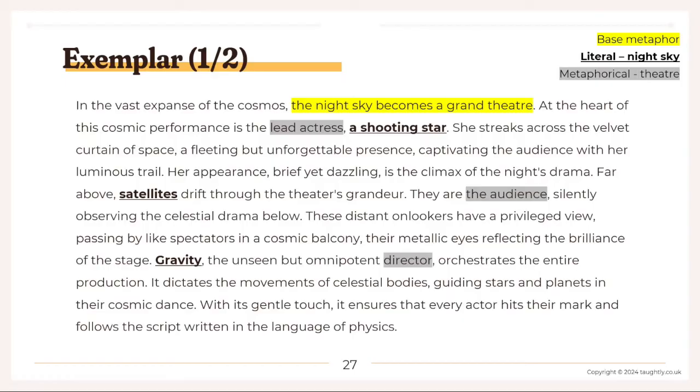These distant onlookers have a privileged view, passing by like spectators in a cosmic balcony, their metallic eyes reflecting the brilliance of the stage. Gravity, the unseen but omnipotent director, orchestrates the entire production. It dictates the movements of the celestial bodies, guiding stars and planets in their cosmic dance. With its gentle touch, it ensures that every actor hits their mark and follows the script written in the language